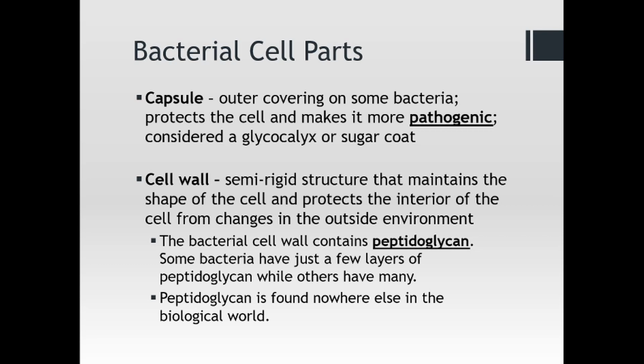So think of it like a log raft, where the logs would be the carbohydrates, the names of them shortened to NAG and NAM, which stand for big words that I'm not going to get into now or tell you. But it's basically just these repeated carbohydrates that form these log-like structures, and then these protein ropes that hold them together. And so we call it peptidoglycan. If you look at the words, you can see peptidoglycan refers to both of those. Peptid refers to proteins, and glycan refers to sugars or carbohydrates. And so that basically tells you what its structure is.